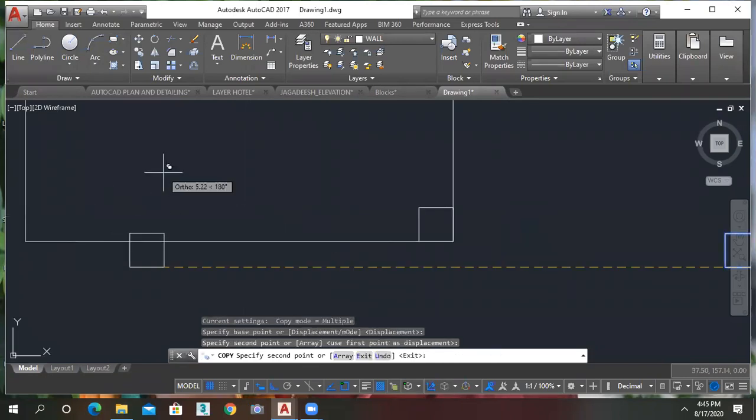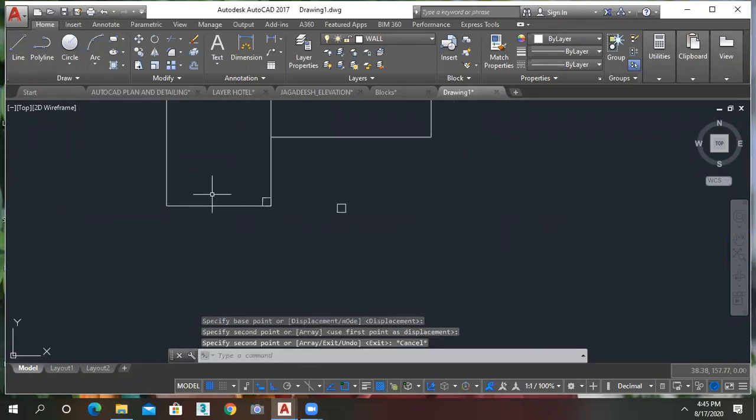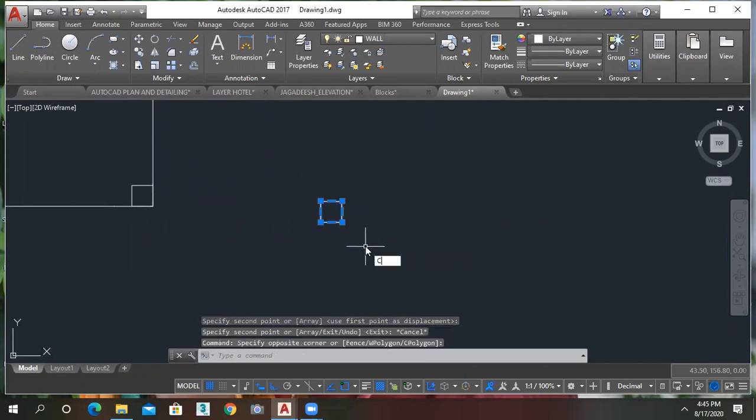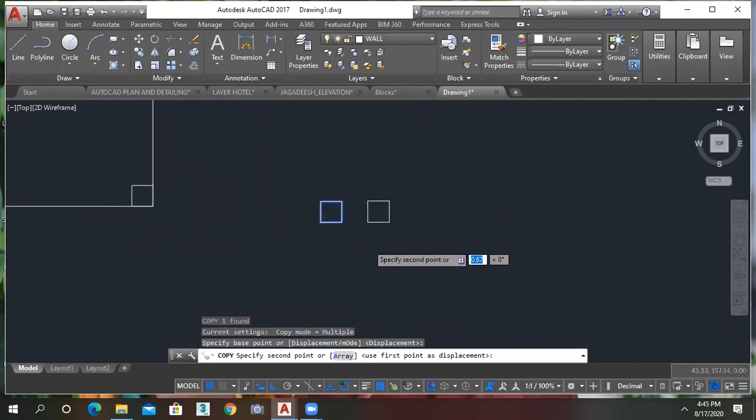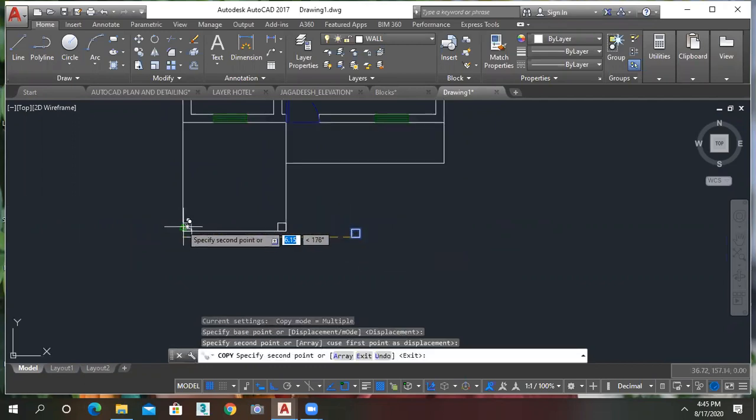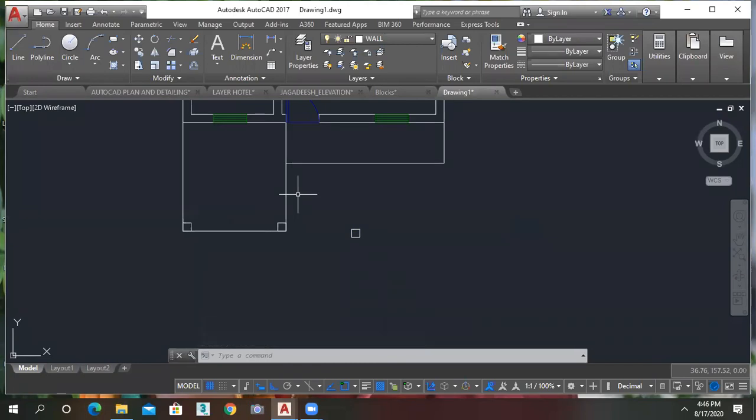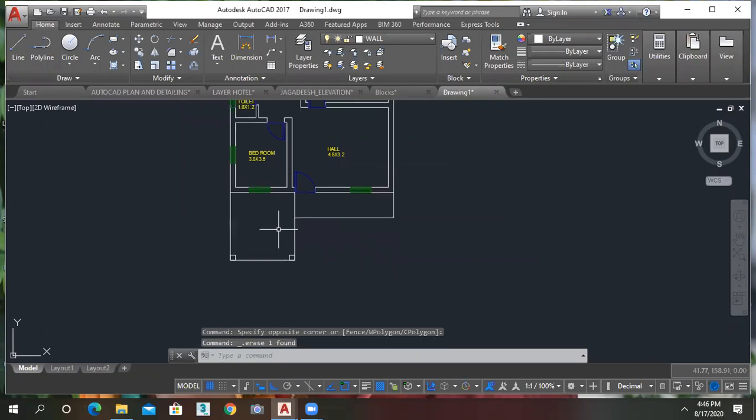Here and change the point. Copy it. Because this slab is cantilever, na? That's why we have to show the column in that position. Okay. So this is my parking.